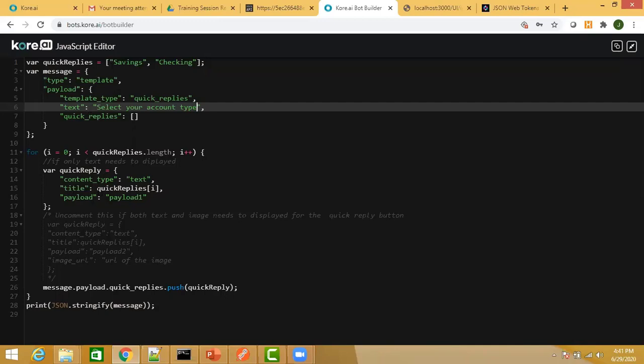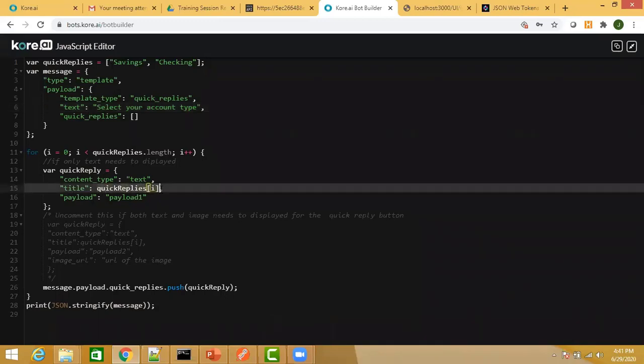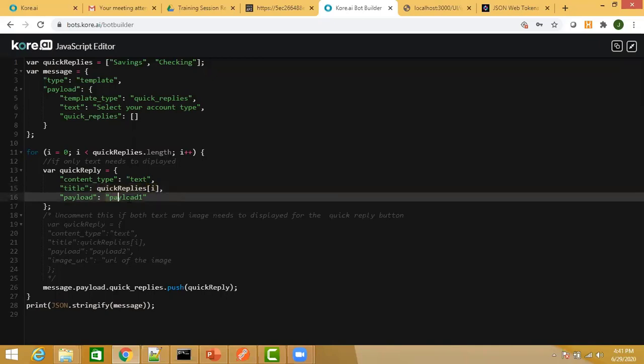Okay, so to keep it simple, we just copy this and we return it as the payload. So whatever is displayed in the choice, if the user selects that, that will be the return value. If it is something other than that, then you need to have an if condition, something like that, and select that if the user is selecting this, then this is the return value.